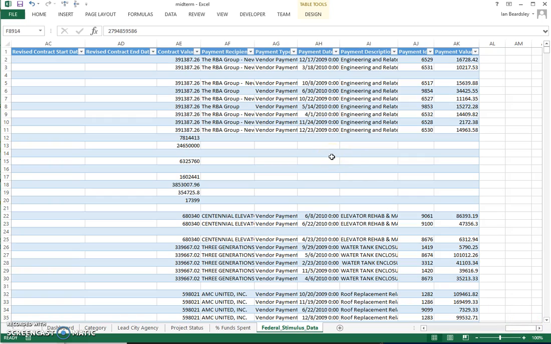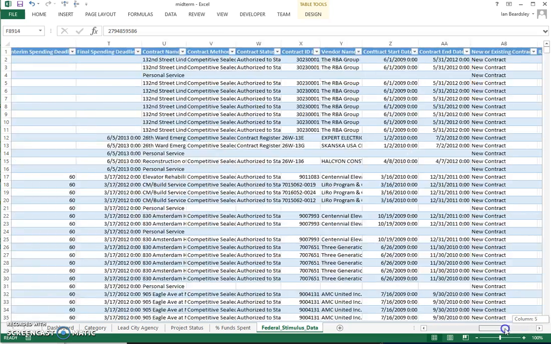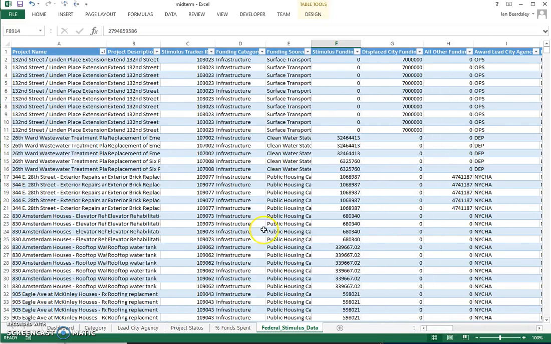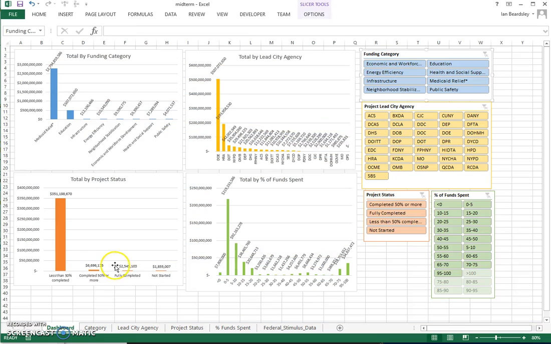So this is my data set, and I decided to make a dashboard of a bunch of different pivot tables and pivot charts. So I'm going to go to that dashboard right now. You'll see that I chose 4 separate views of the data. I did a total by funding category, and you'll see here that Medicaid relief is by far the most